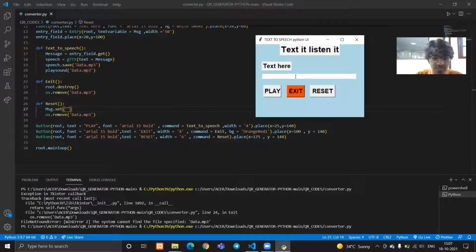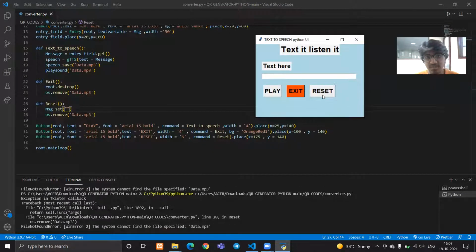Now suppose I am writing something here. Okay, I have written something. Now if I reset, just see what's happening on your screen. If I click reset, it will disappear. Yes, it will disappear because it is setting the text field to an empty field.